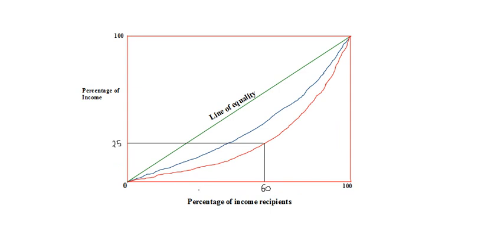So if we have to interpret a single figure for all the three Lorenz curves, we can take that 25% of the national income is going in the hands of how many people in each of these countries. In the case of red colored Lorenz curve, you can say that 25% of national income is going in the hands of 60% of the population. This shows inequality. While if you compare it with the blue colored Lorenz curve, then 25% of national income is going in the hands of 45% of the population, which is a better picture compared to 60% of the population. So you can say that in the second Lorenz curve, the income inequality is less.